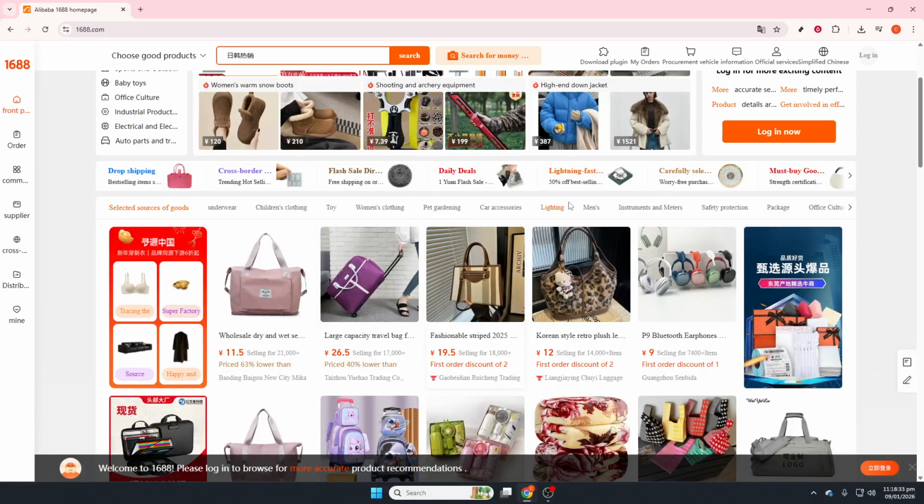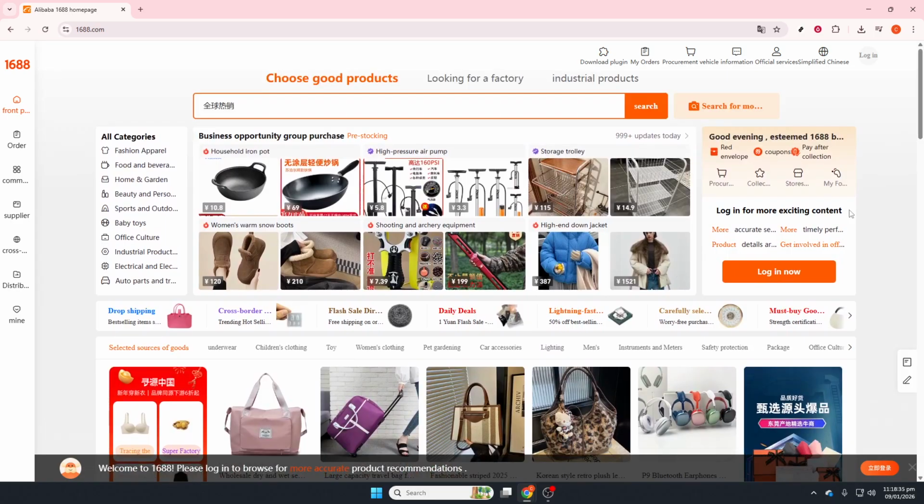In today's video, I'm going to teach you how to turn off 1688 App Setting Privacy 2025, step by step. Start by opening the 1688 app and signing into your account. If your interface is in Chinese, don't worry, I'll call out the labels you'll see on screen so you can